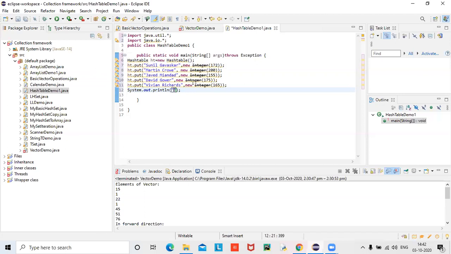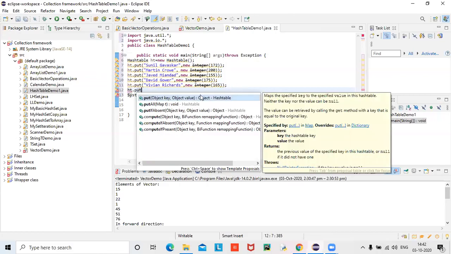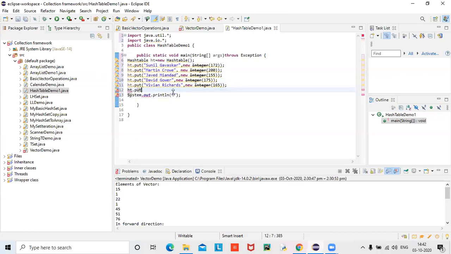Even when I wrote the put method, it showed something. Let me check one more time which is key and which is value. Put now shows the first one is key and the second one is value. So with the help of the key only, you can get the value. That is the concept. Key is name here, value is score. Fine. Player names, colon.